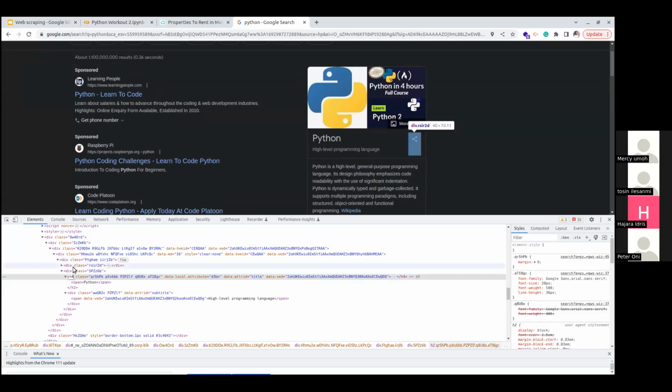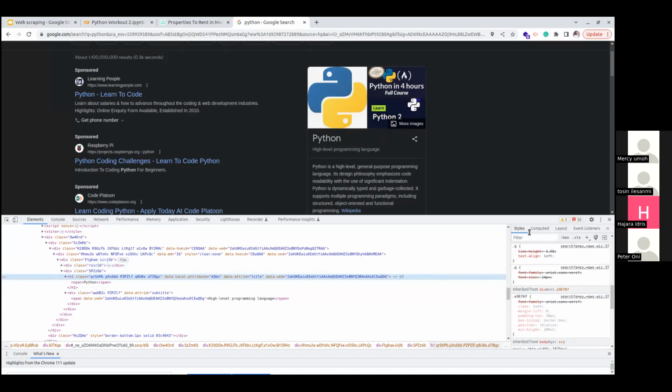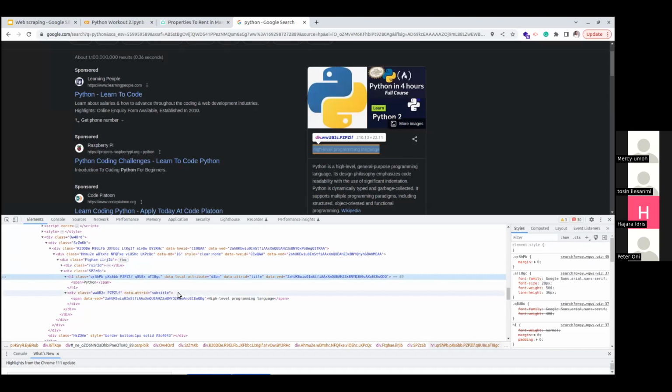Or maybe let me change it to H1. Okay, it's not changing. I don't know why. There's probably some CSS. CSS is how you style the text here. So there's probably some CSS overriding it, but that's basically the concept behind HTML tags.